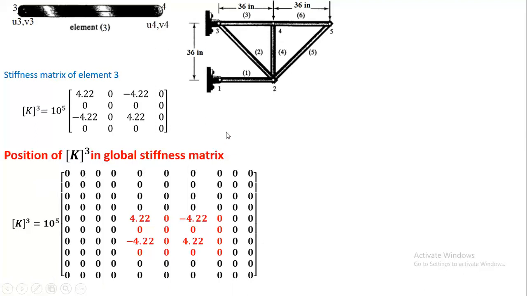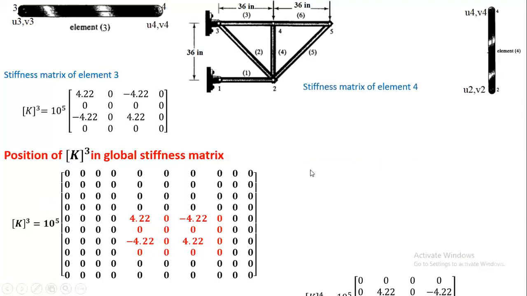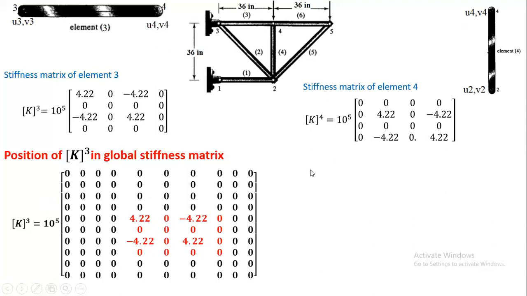Now see here, if you put this term here, then it will be wrong. Why will it be wrong? Because if you consider the separate effect of the element number 1, it will not affect the displacement of node number 4. It may be vertical displacement or horizontal displacement. So we have to add at its proper location. Okay, now for K4, this is the stiffness matrix of the fourth element.